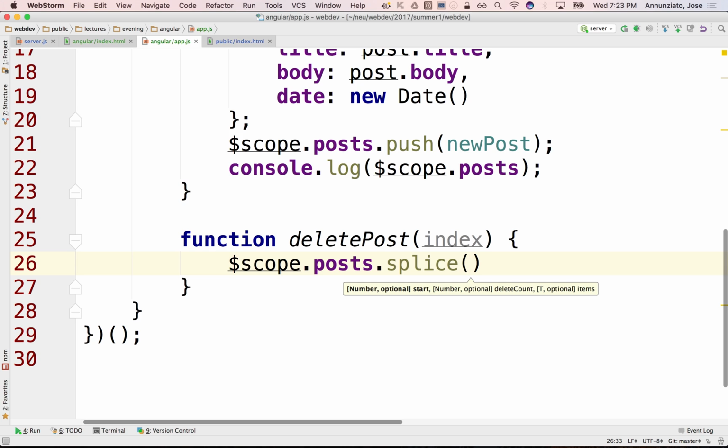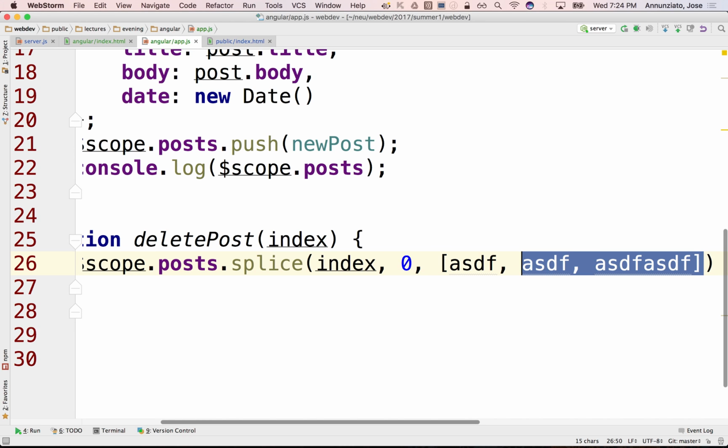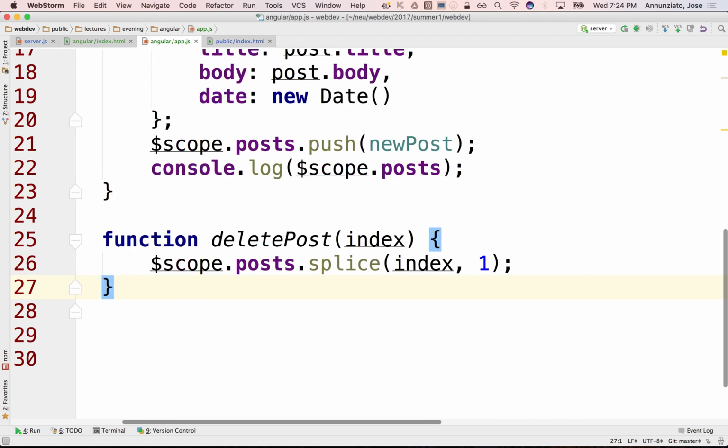Again, it behaves differently depending on what you pass it. The first argument is the same regardless: where do you want to operate, do the splice? And splice behaves differently depending on the second argument. If the second argument is a 0, it's interpreted as an insert, meaning insert at position index the following elements, and then you can have a whole bunch of elements here, okay? But we're not inserting. Instead, we are removing one element at location index. Make sense? This allows you to say how many elements you want to remove starting at a particular index. Everybody okay? All right, and that's the extent of delete,